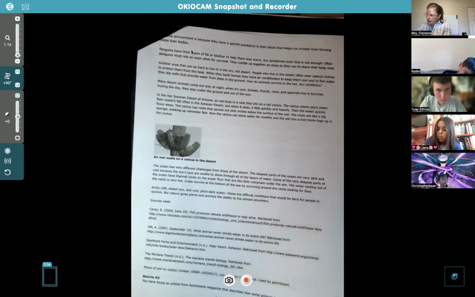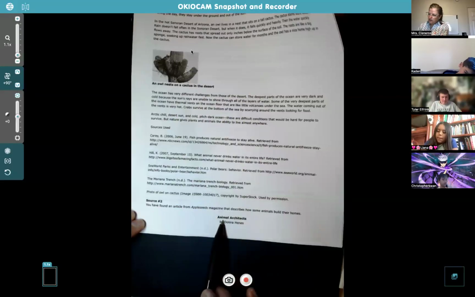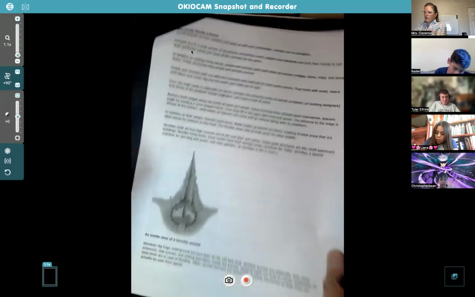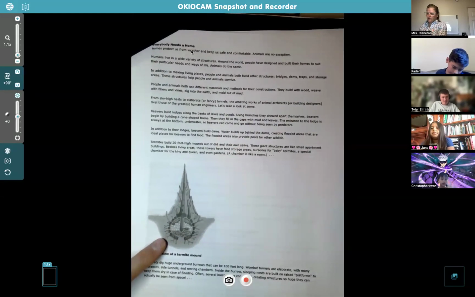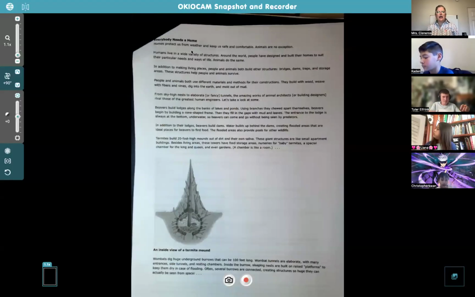All right. So now the next article is, it's weird, it's on the bottom of this page. It starts right here. It's called Animal Architects, but it really starts on this page. So look for the paper that has this picture on it. That is a picture of a termite mound. It's like the cutaway, so if you were to cut a mound in half, that's what it would look like. These are not like the termites we have in California. It's pretty crazy. So we'll read about this.